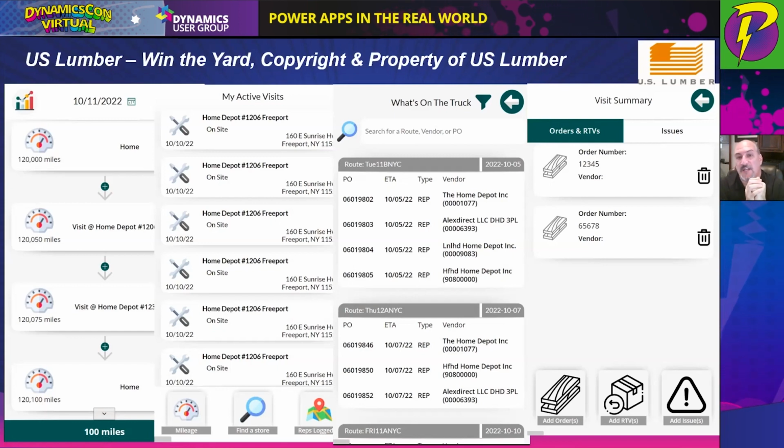So we have a 360-degree view of the customer. The ability to also see what's en route, if it's a PO number, if it's a return, or if it's delayed. So quickly, I'm able to see any alert, any detail about this customer, all within my mobile app. And you can see the design is completely changed. Does this look like Dynamics? Does this look like the Dynamics 365 CRM system? No, because this is a Canvas app. You have the ability to change the experience based on what your users are looking for.